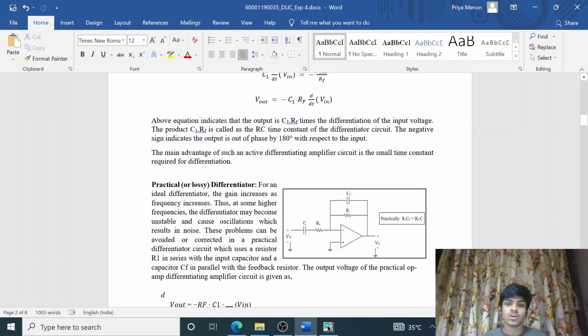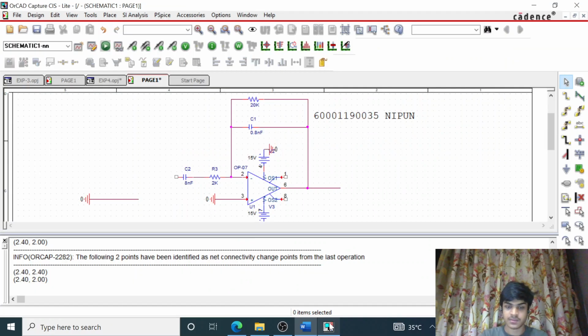To avoid that and to make the circuit more stable, we use the R1 and the CF in the circuit. Now I'll be connecting a sine input first to visualize how the differentiator differentiates this input waveform.